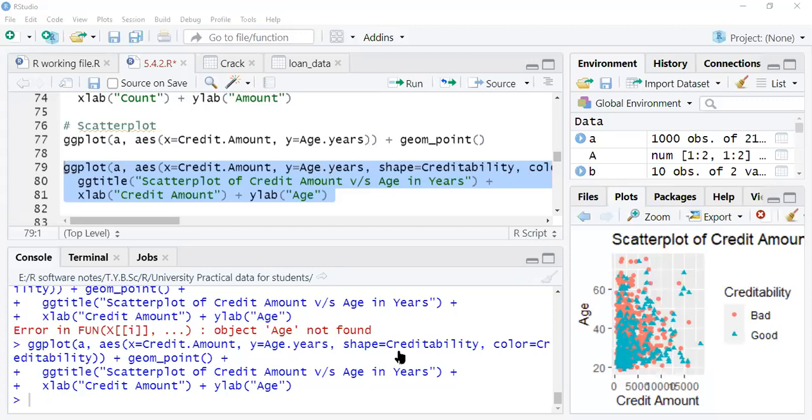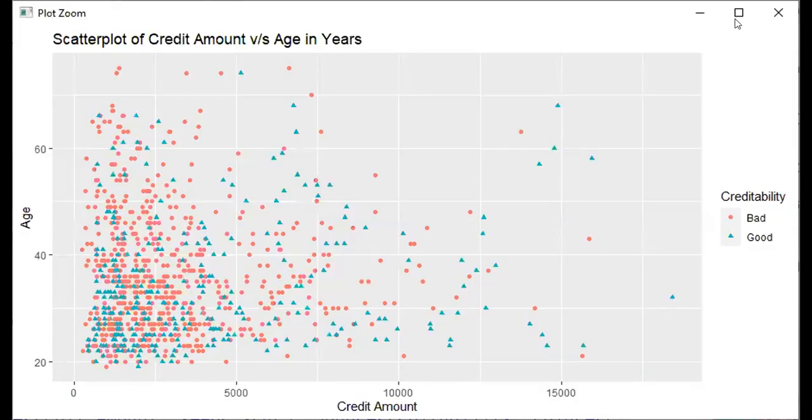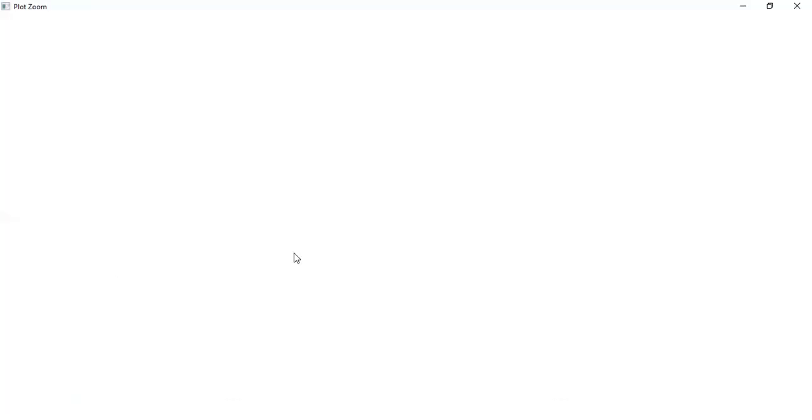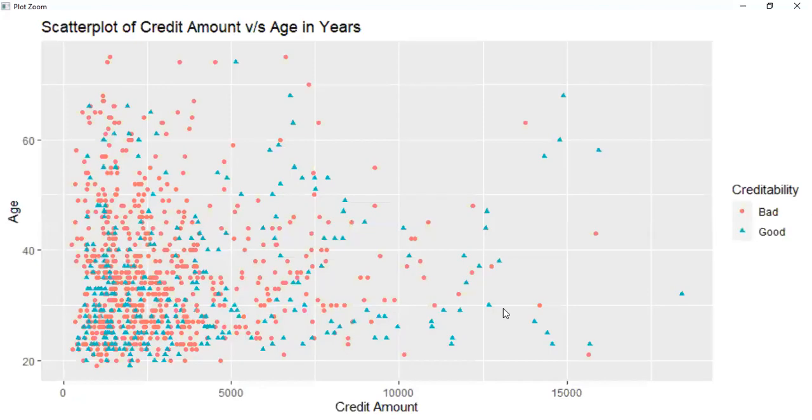So you can see this is the graph for scatter, where you have bad and good. Here you cannot say, but basically it is random. One can say it is moving from left bottom to right top. So one can say it is positively skewed. But still it is random.